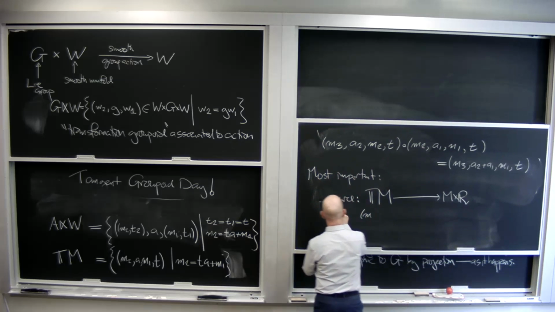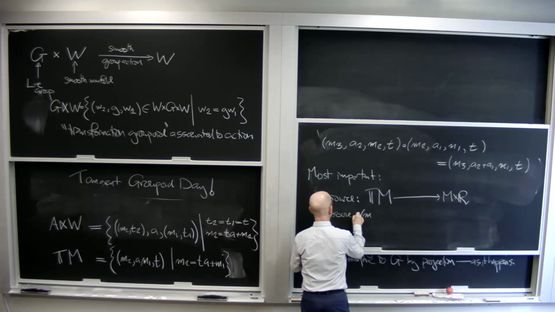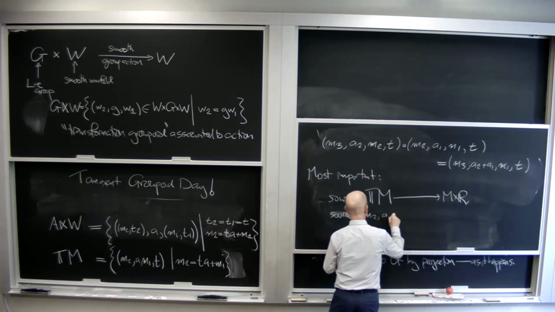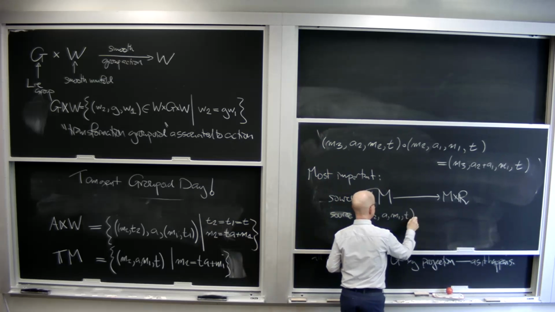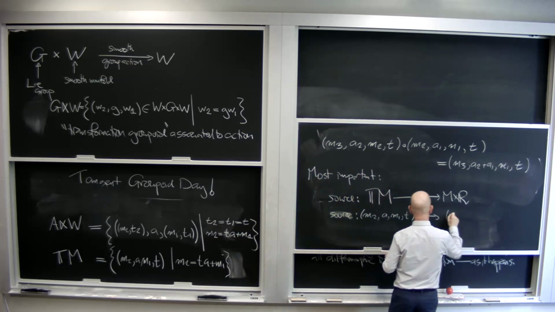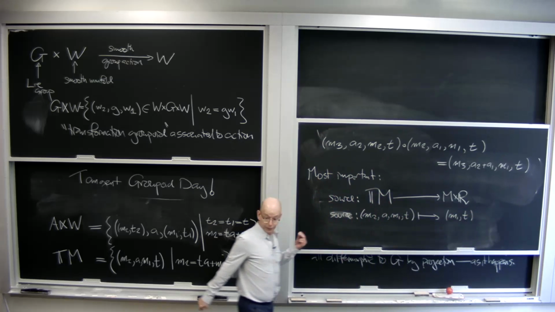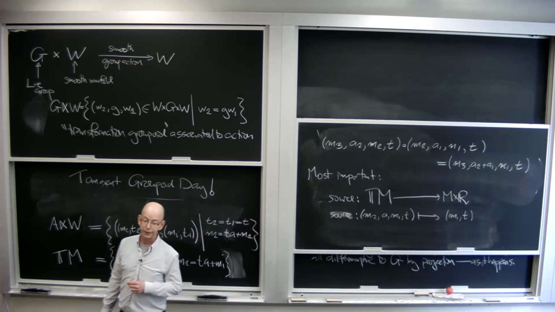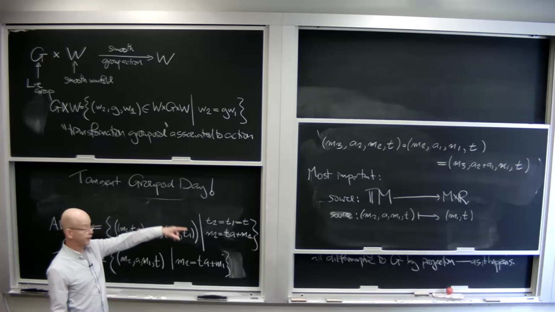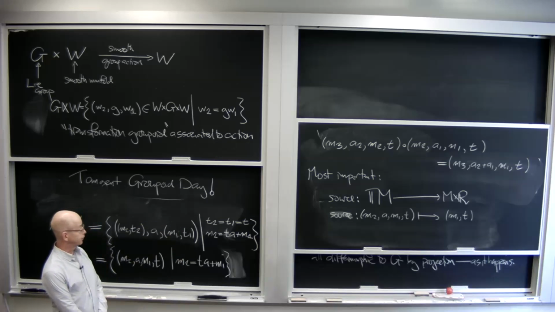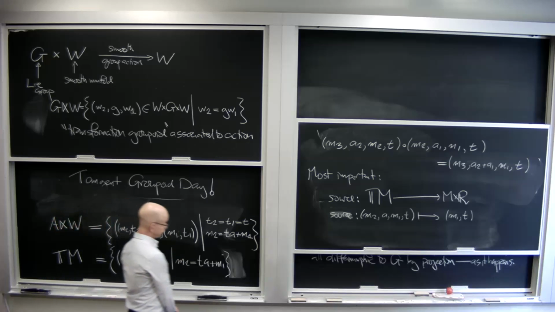And what happens? Of course, it's just this, M2A, M1T. Just goes to M1T. And there's another similar map, which is the range, and the image of the range is M2T instead of M1T. Okay, so this space